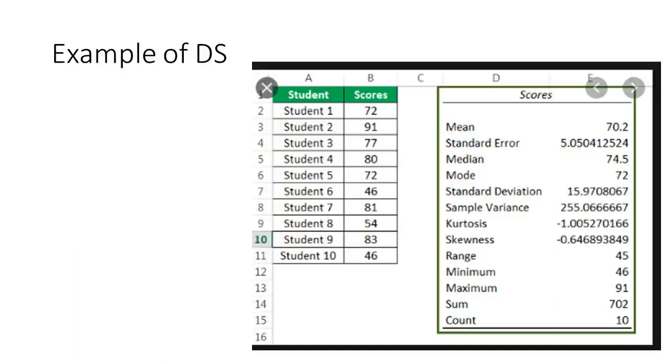This is perhaps a relatively new word for you, kurtosis and skewness. We also have the range 45. The minimum is 46, maximum is 91. The sum is 702, and the count is 10. Basically referring to the number of students subjected to